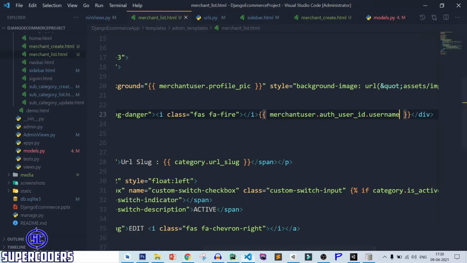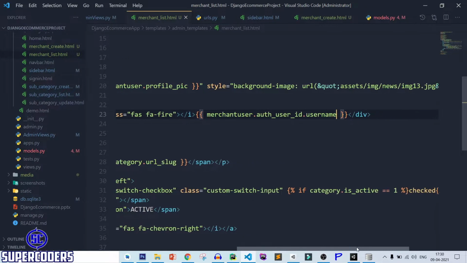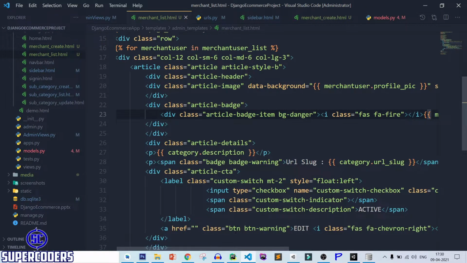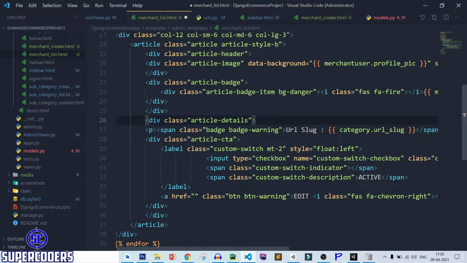After that let's show other things. So remove the description, and here simply show the name. Merchant user dot first underscore name.